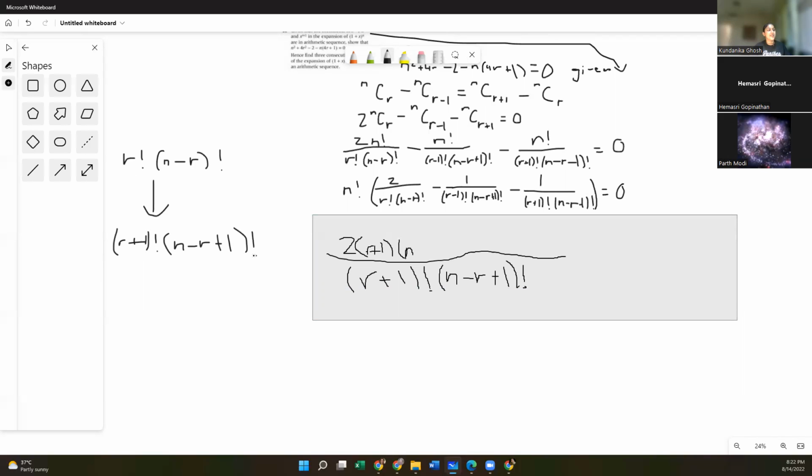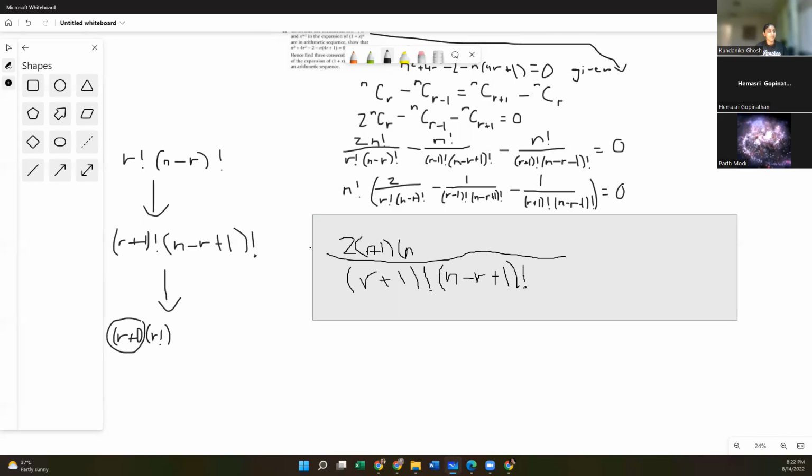Now the reason we want to take the greatest thing that any of these can multiply to is because, since it's a factorial, we can just break it apart and then we can cancel stuff out. So r plus 1 factorial can be rewritten as r plus 1 times r factorial. But we already have the r factorial in the denominator. We want to figure out what times r factorial will get you to r plus 1 factorial. Well, r plus 1 times r factorial will get you to r plus 1 factorial. So you multiply the numerator by r plus 1.